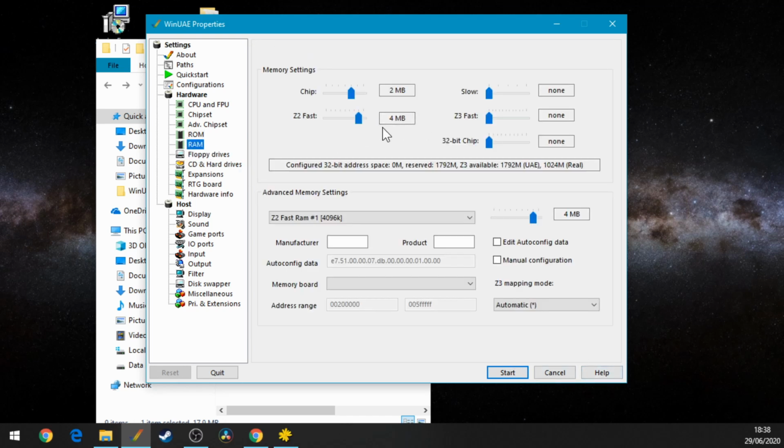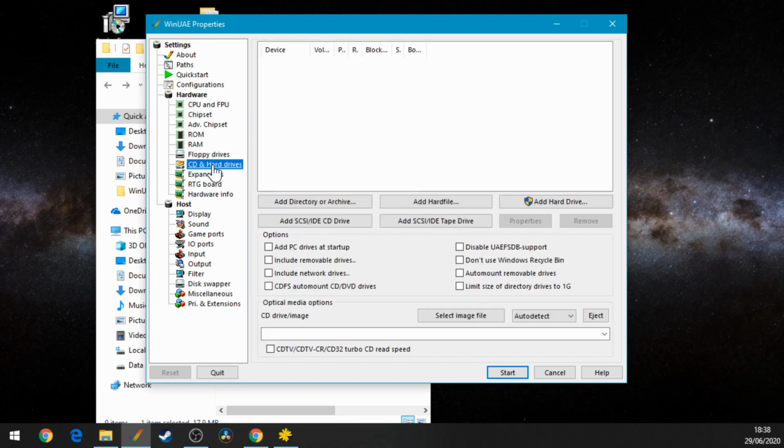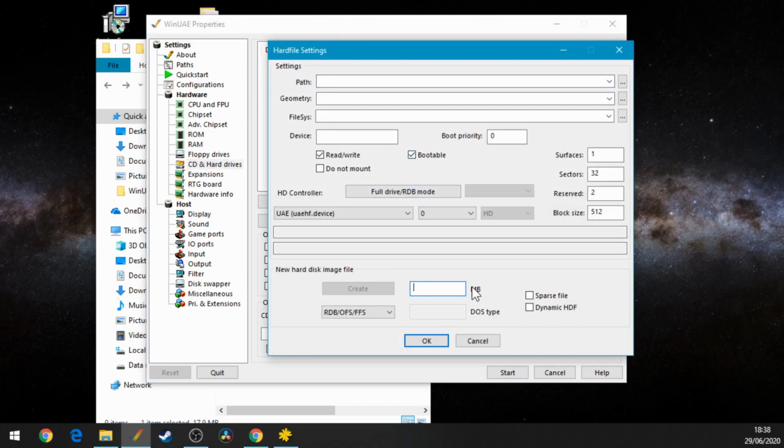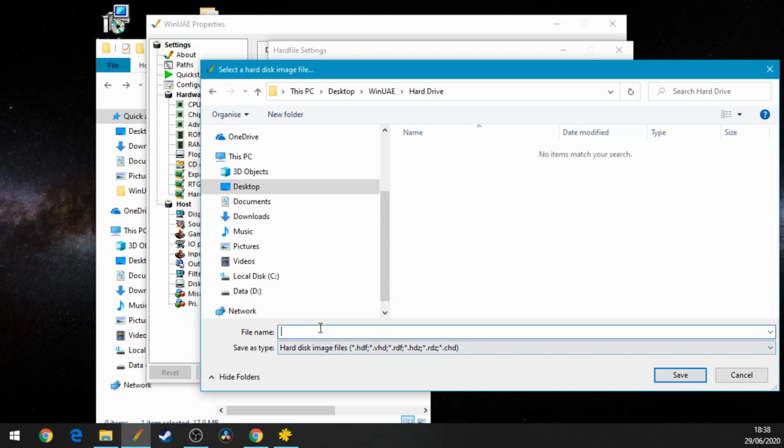Awesome. RAM, let's give it more RAM. 128, why not? Floppy drives, important thing on the floppy drive, let's put it to turbo. Hard drive, so we're going to make our hard drive file. I'm going to make one that's PFS3, and I don't know, let's make it 100 meg, why not? Create. Let's put it in our hard drive folder, and what shall we call it? Amiga Forever test,